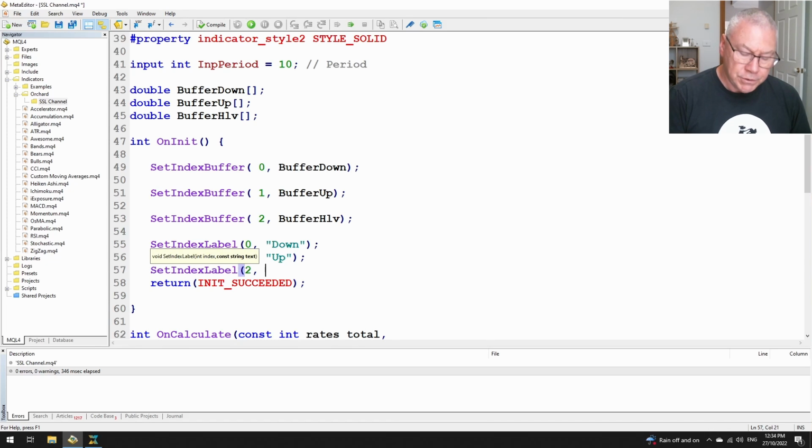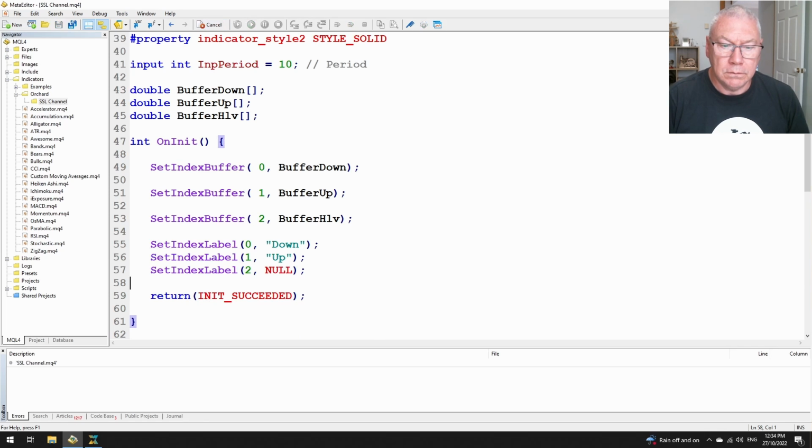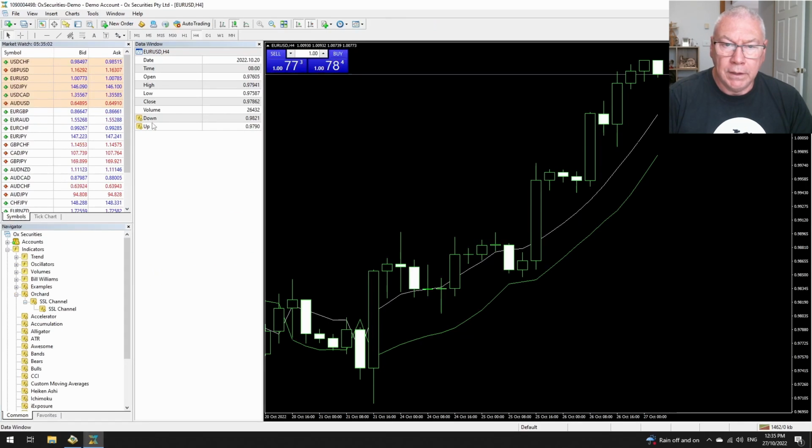And 2 I don't want to show at all, so that becomes null. Let's recompile. Go back to MetaTrader. And now you can see the name is down, up, and the third is simply not there. And if I just go to this point, for example,